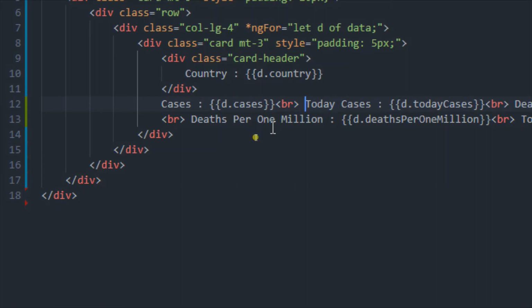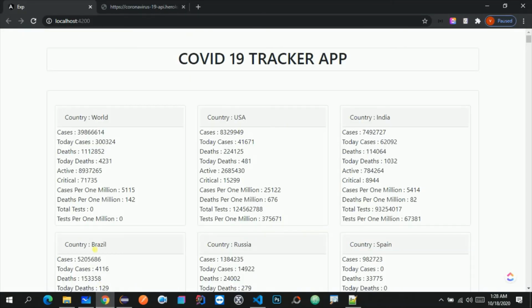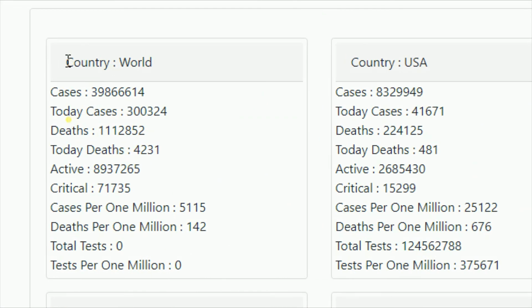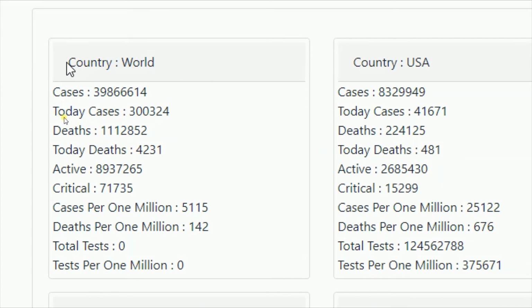Now let me save this, let me go to the browser again and let me see what is happening in the application. Now over here, as you can see, there is some extra styles which got added to the header, and now I'm able to see this country as a header of this particular card.